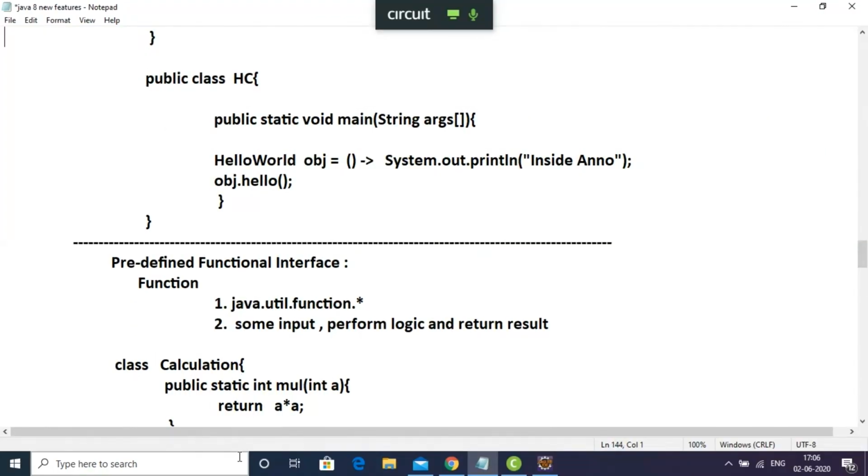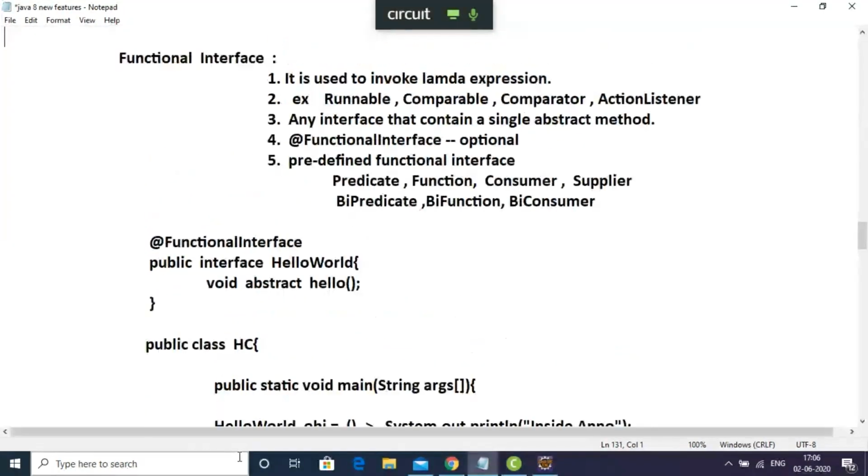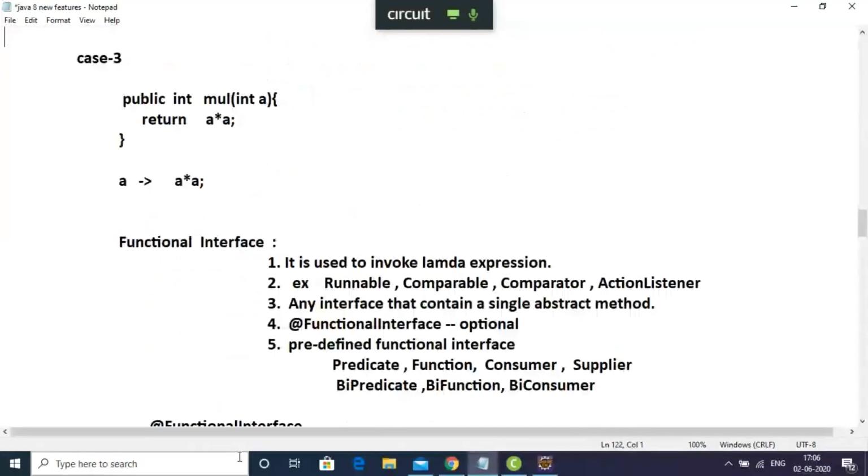We can create one ourselves, a user defined functional interface, or use the functional interfaces already defined in the java.util.function package. It is recommended that we use these in our code. The purpose is to reduce the number of lines of code. The best approach is to use different functional interfaces to call lambda expressions. Okay, so next